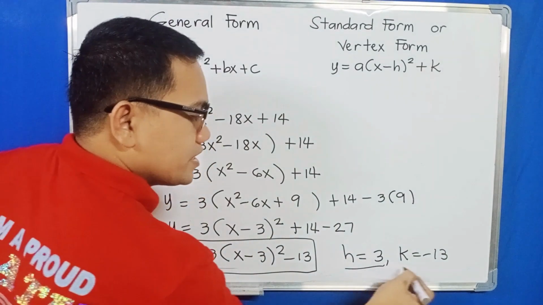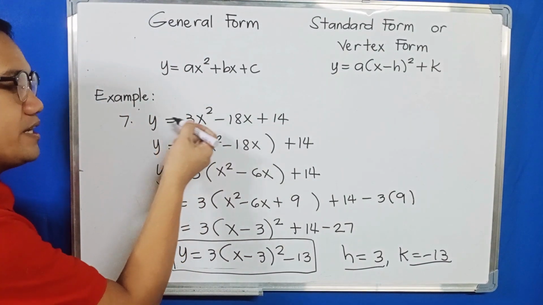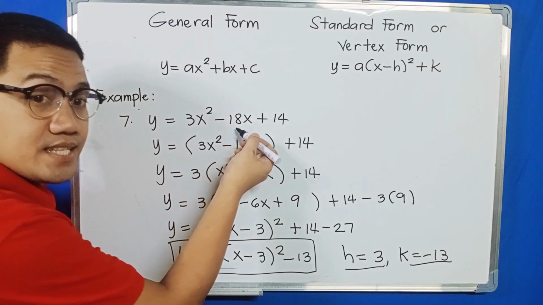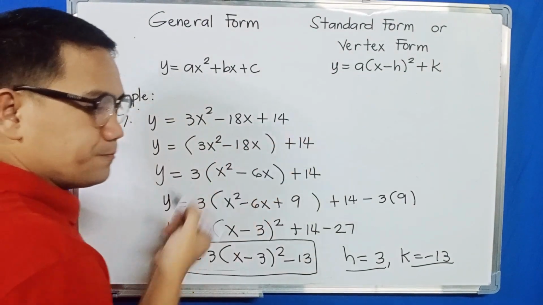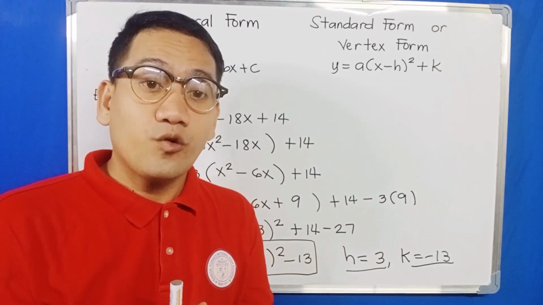So this would be the coordinates of our vertex, and this would be the vertex form of y equals 3x squared minus 18x plus 14. The question is, why is it necessary for us to determine the vertex form of a